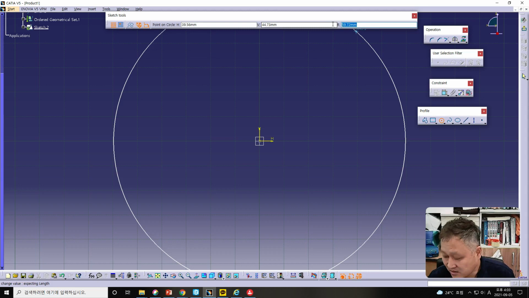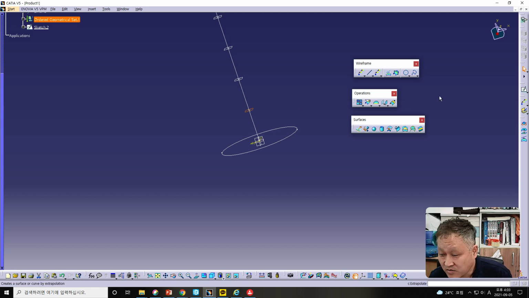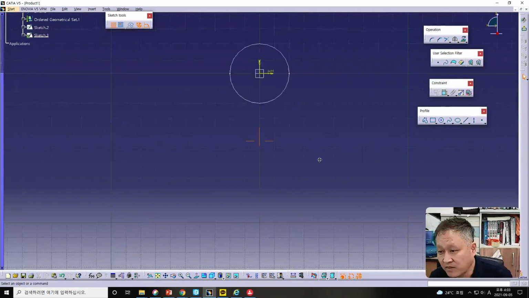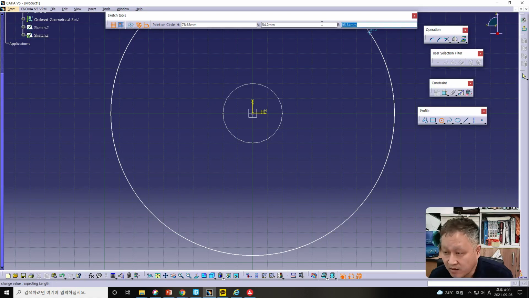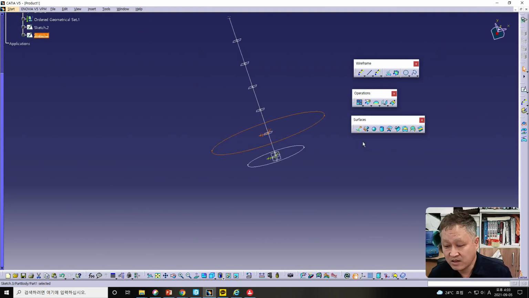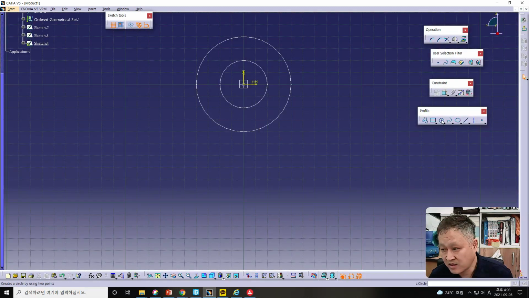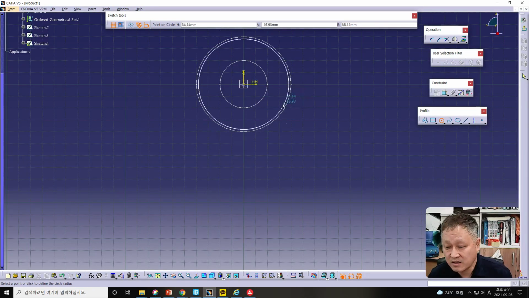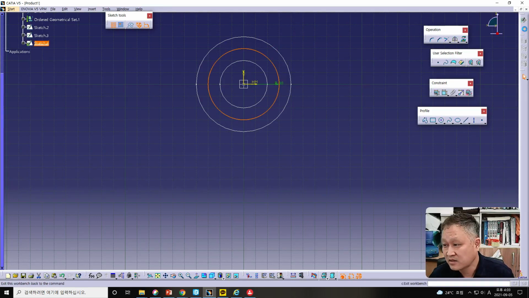circles with a radius of 20 millimeters, and exit the sketch workbench and select the second plane like here, and I will make some circles having a 40 millimeter radius. Then select another one and go to the sketch workbench from this menu and make a circle like here, and the circle radius is 30 millimeters, and exit the sketch workbench